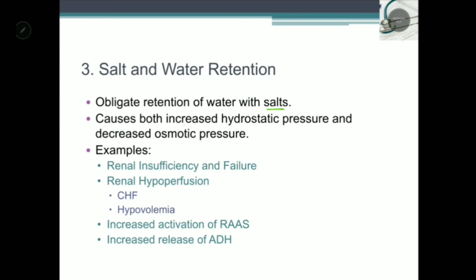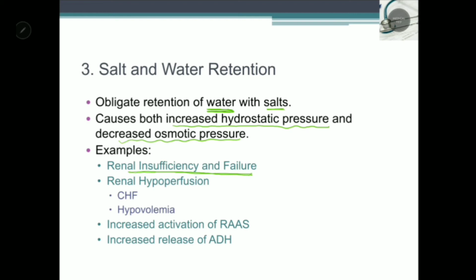Why so? Because since there is increased amounts of water, the volume will be more, which will lead to increased hydrostatic pressure. And since there is more water, it will lead to dilution of the fluid, which is why there will be decreased osmotic pressure. Examples of this will be renal insufficiency and failure, so the body will not be able to excrete the excess amounts of salt and water from the body, and hence it will be retained inside the body,